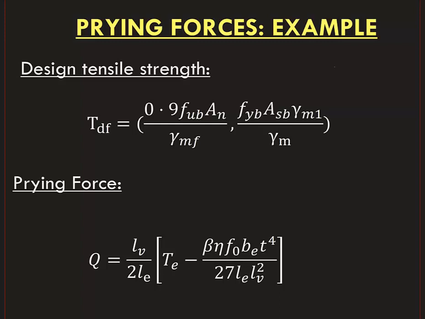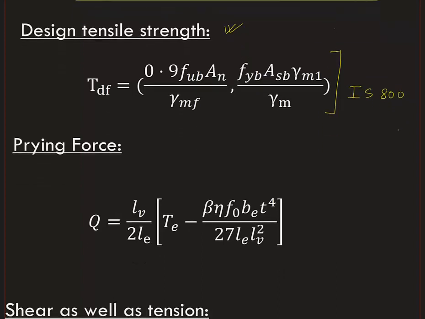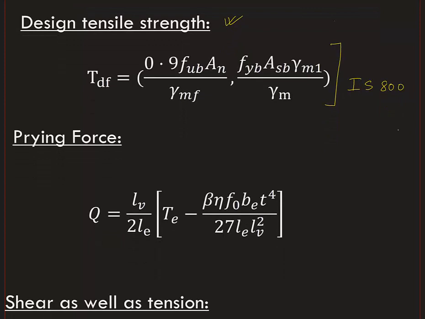Good morning guys. In the last video, we discussed the bolts that are under tension. And at that point of time, we said the design tensile strength of a bolt in such a situation can be given by this formula. And this formula is given in IS 800. Similarly, if there is a prying action happening in case of a bolt under tension,